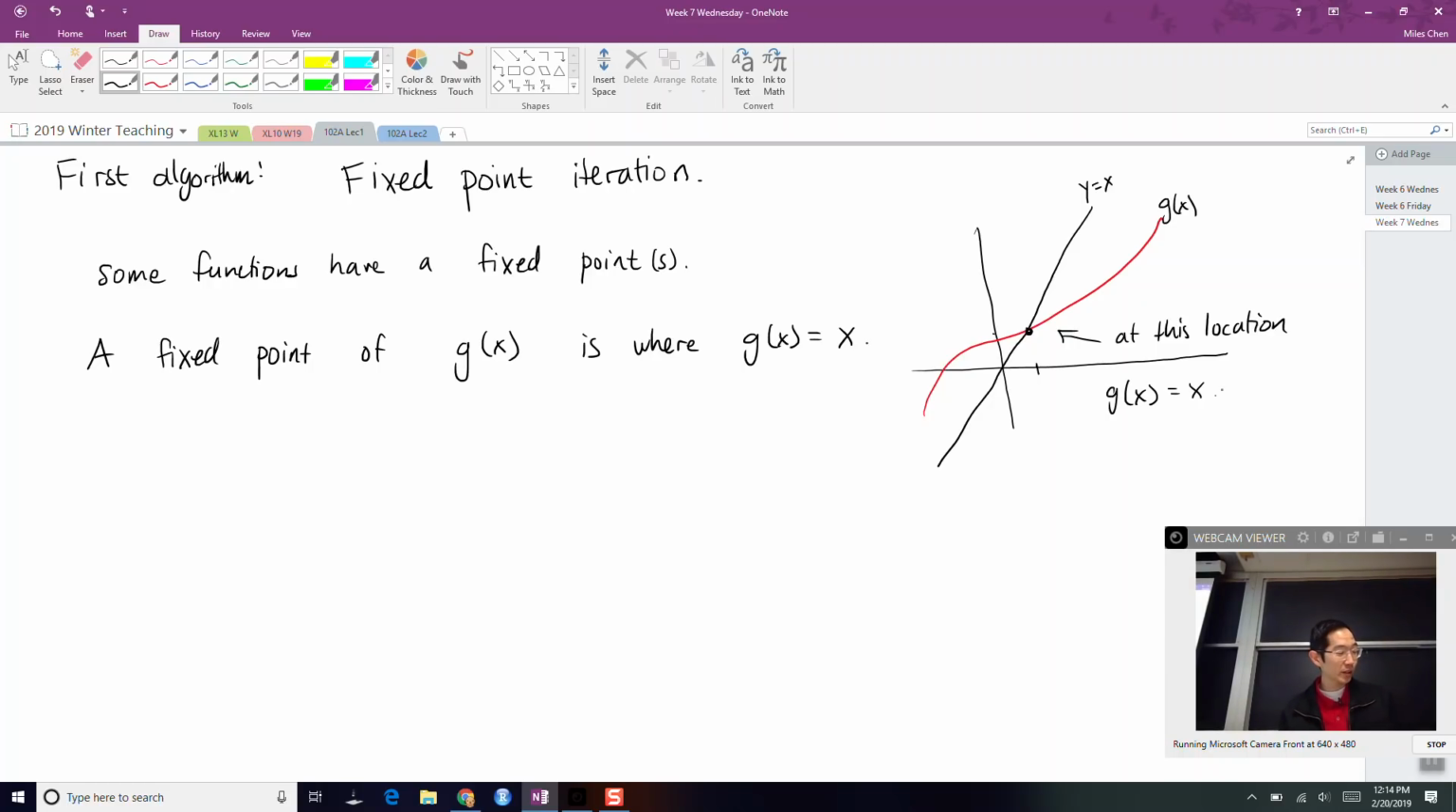And we can, sometimes these fixed points are what we might call attractive, all right? In that,